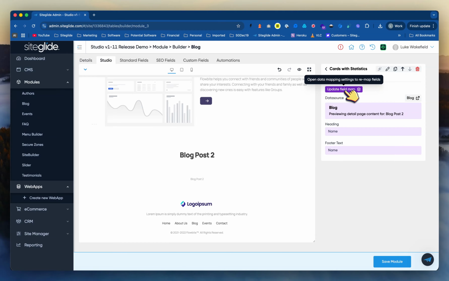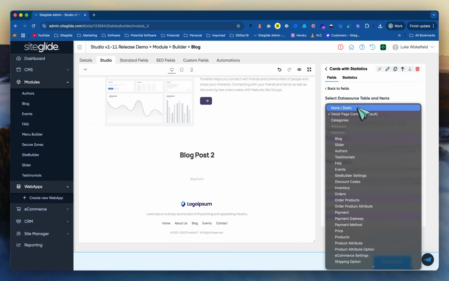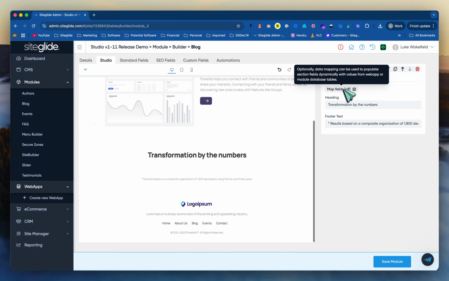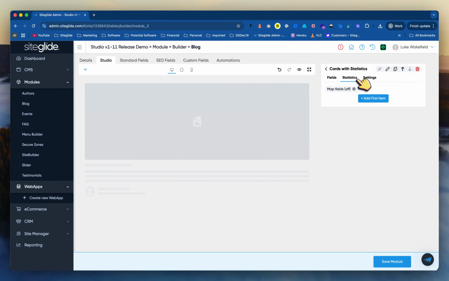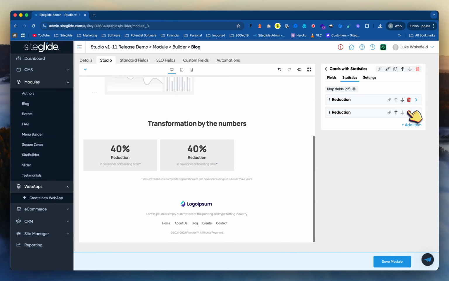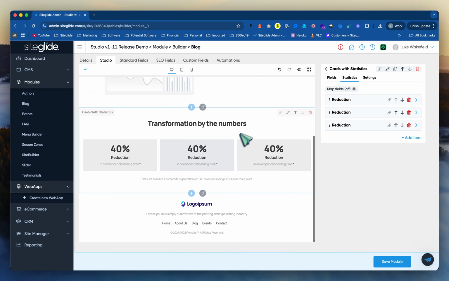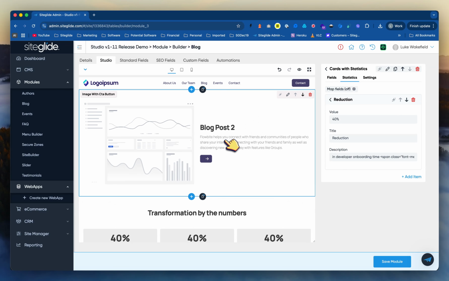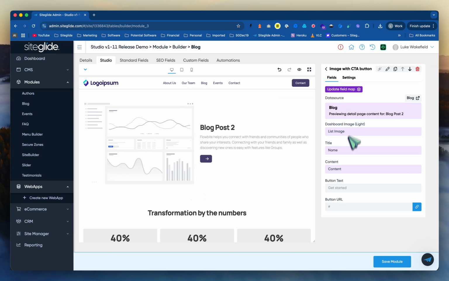So we'll update this one, we'll turn this off completely, and we'll make it static. And then under statistics, which is the list, we'll just add some items. So you can see here that we've now got 3 static items where you can manage the content, and then the dynamic content up here, which is the blog post itself. If we click save module,